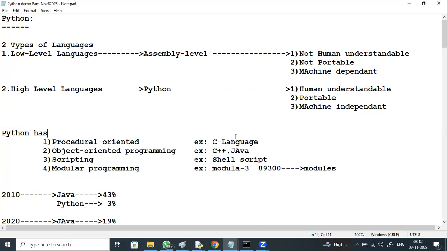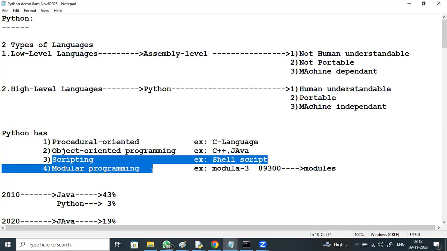No. With zero programming, we can start with Python. As part of the course, we'll be discussing procedural-oriented, object-oriented, scripting, and modular programming.